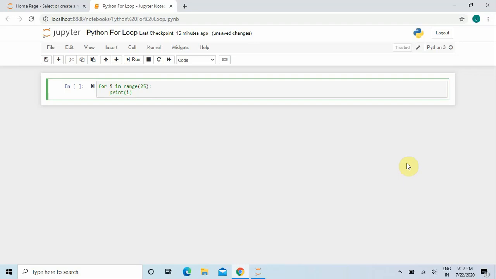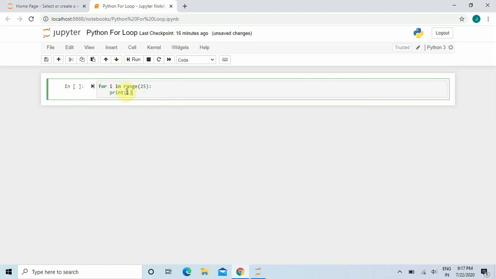So here, as I have said that I want to print numbers up to 25, I have written for i in range 25, and then I am printing the numbers.